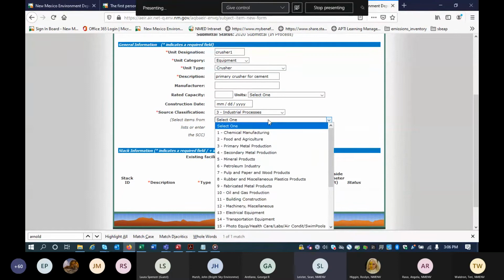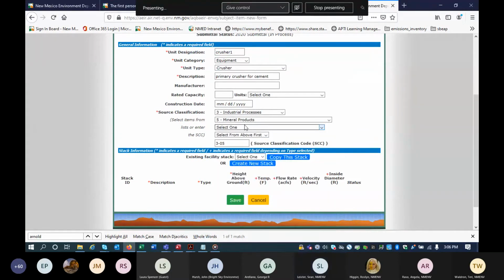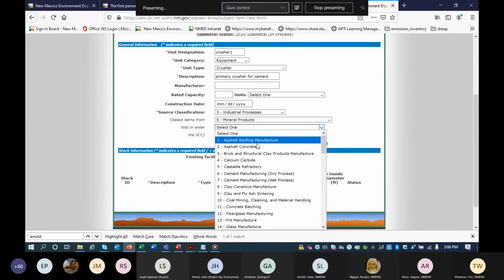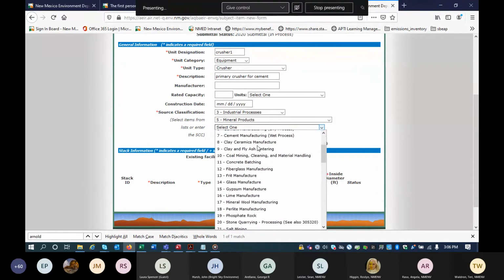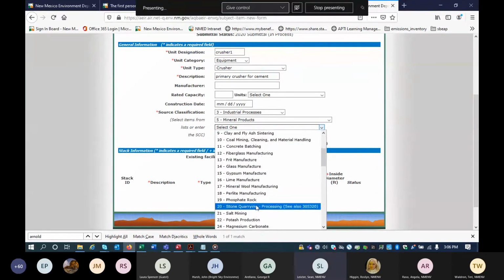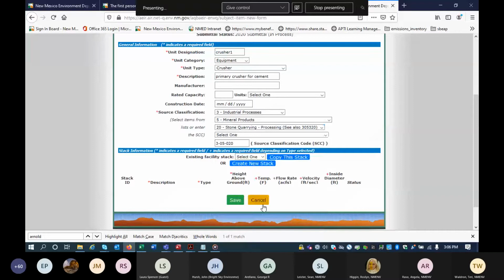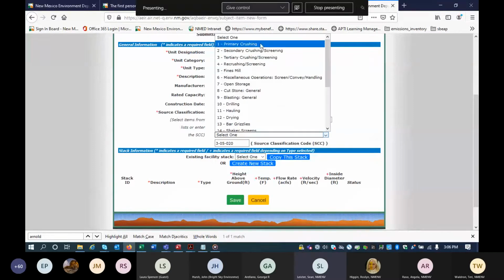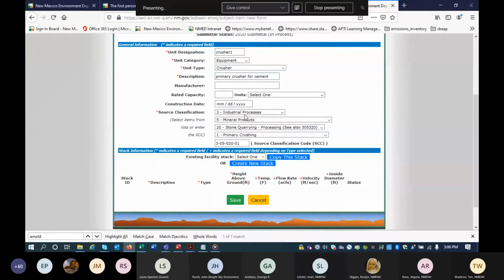So the second level is 5 for mineral products. The third level will be 20 for stone quarrying. And the last level will be 1 for primary crushing. So that is the SCC for a crusher.